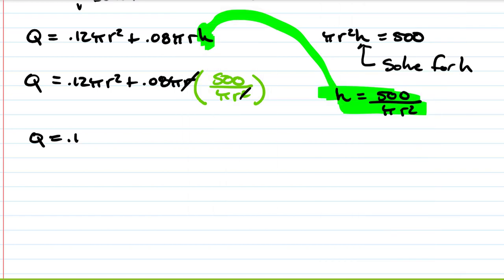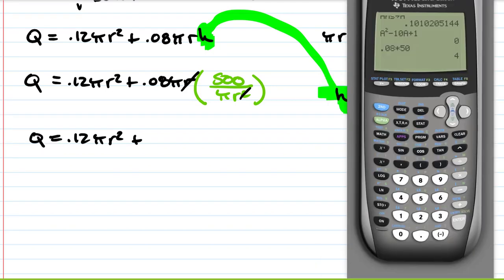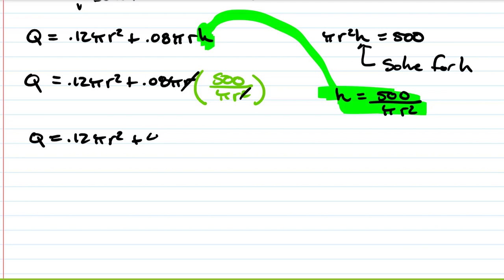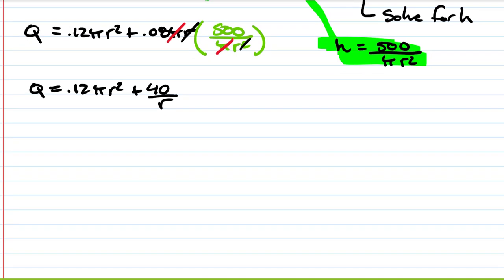So 0.12 pi r squared plus 40? Yeah. 40 pi. Nope, the pi's even reduced out, right? So pi reduces out. So we get 40 over r. So now we have q equals 0.12 pi r squared plus 40 over r,